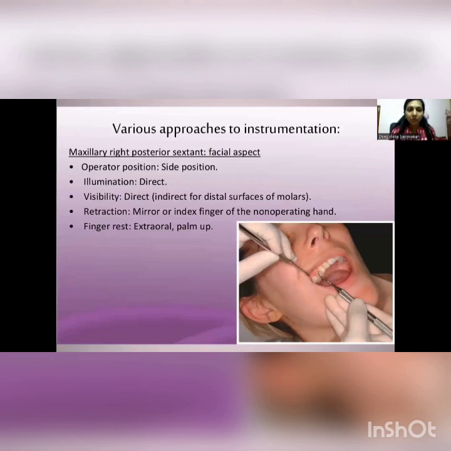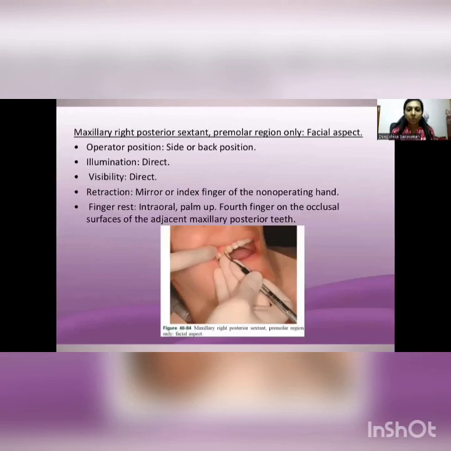So various instrumentation zones. This is a maxillary area where we can see sight position, visibility, direct and mirror, index finger of non-operating hand. Rest will go extraoral and palm up. Whereas posterior back,